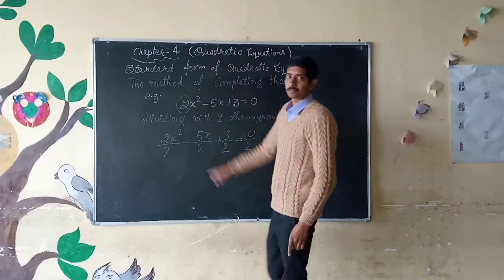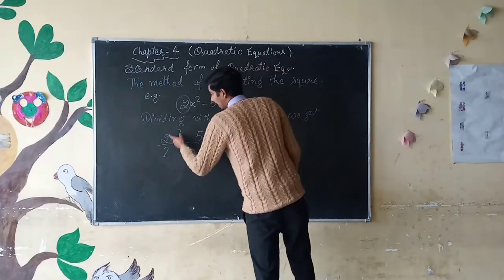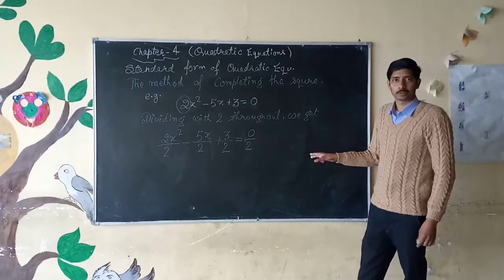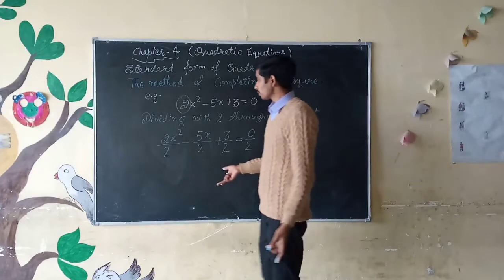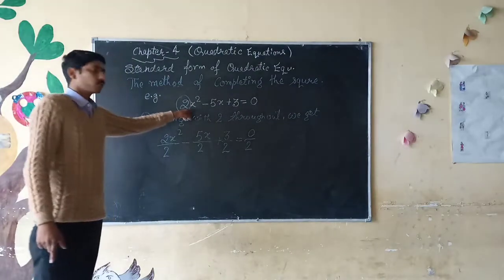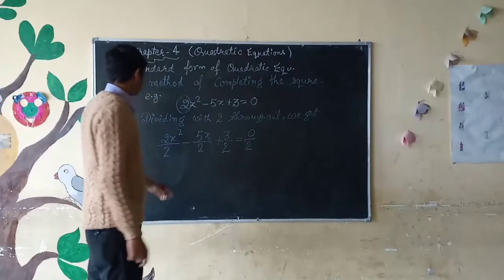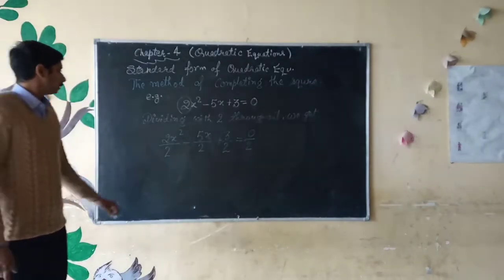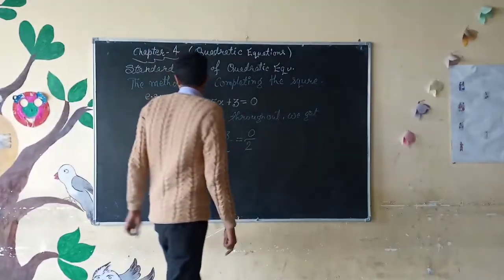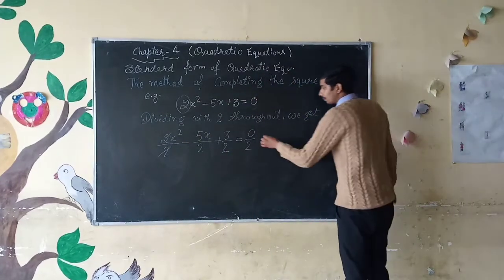the coefficient of x square, so that we get either the coefficient of x square as a perfect square or 1, because 1 is also a perfect square. So we will make the coefficient of this x square either 1 or a perfect square. By dividing, we vanish this 2 and get the coefficient of x square as 1. 2 and 2 cancel each other. The rest of the things become,